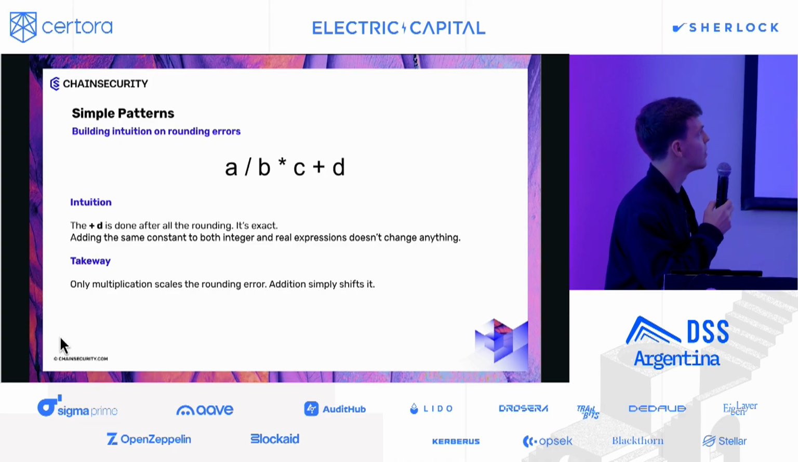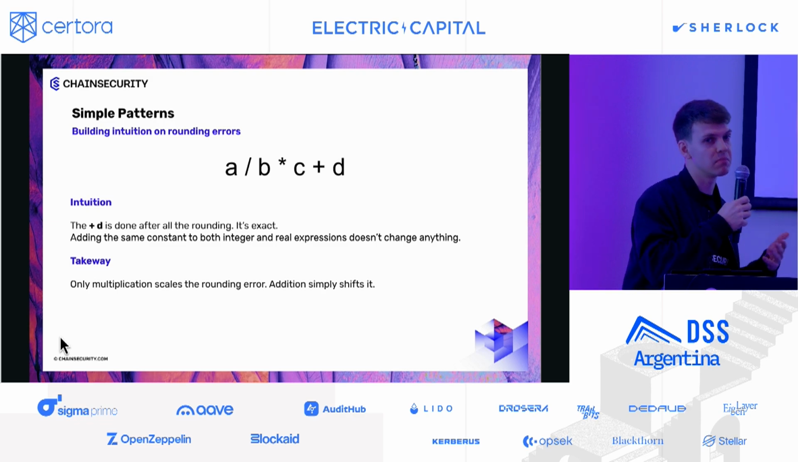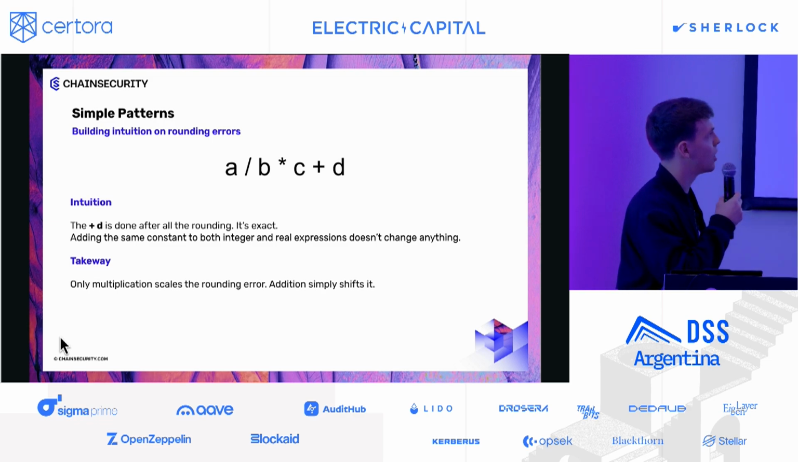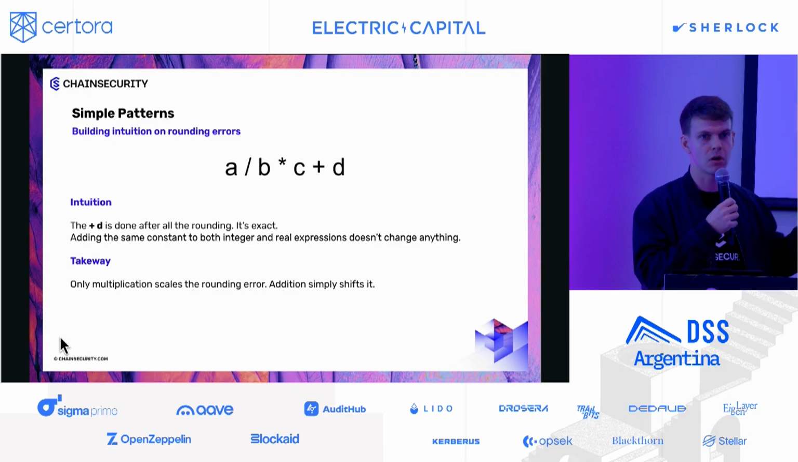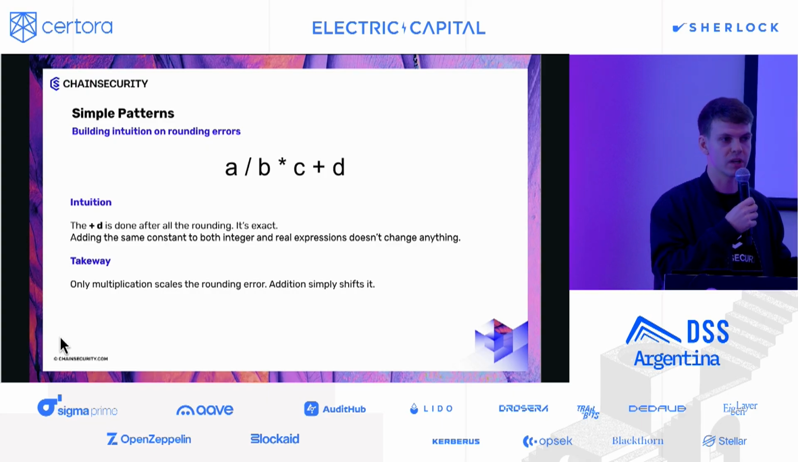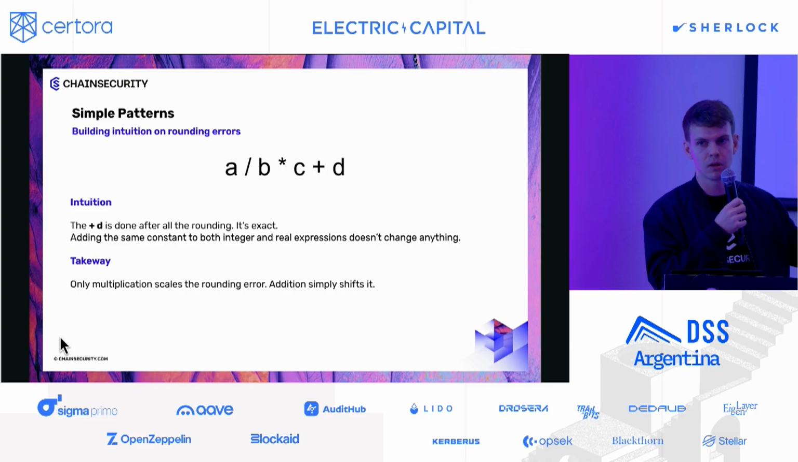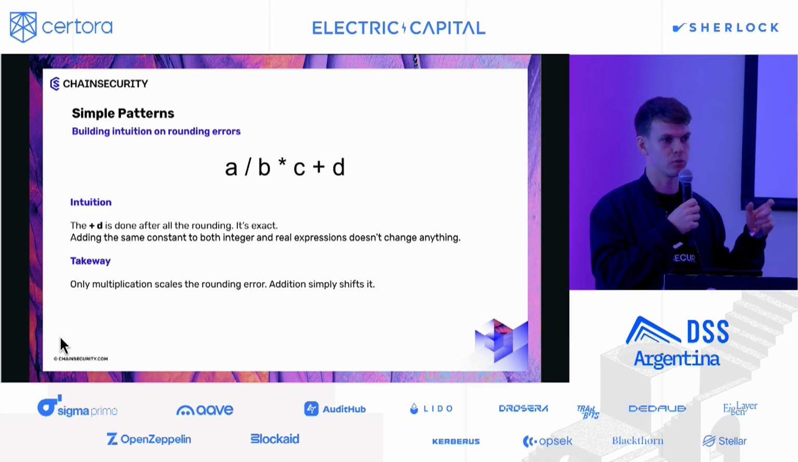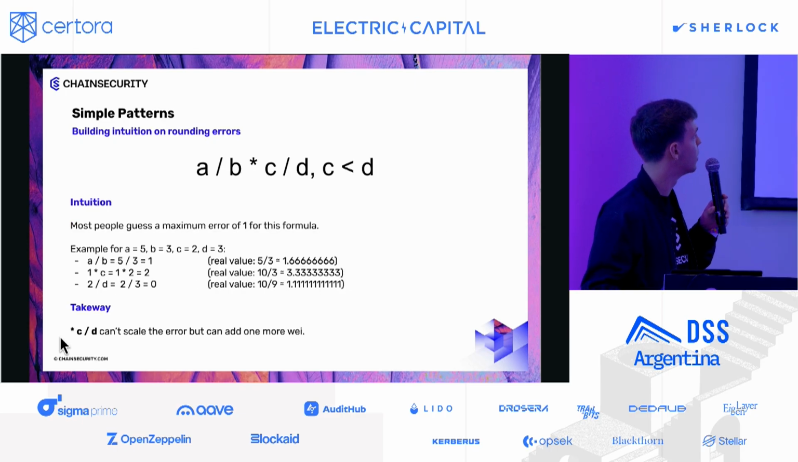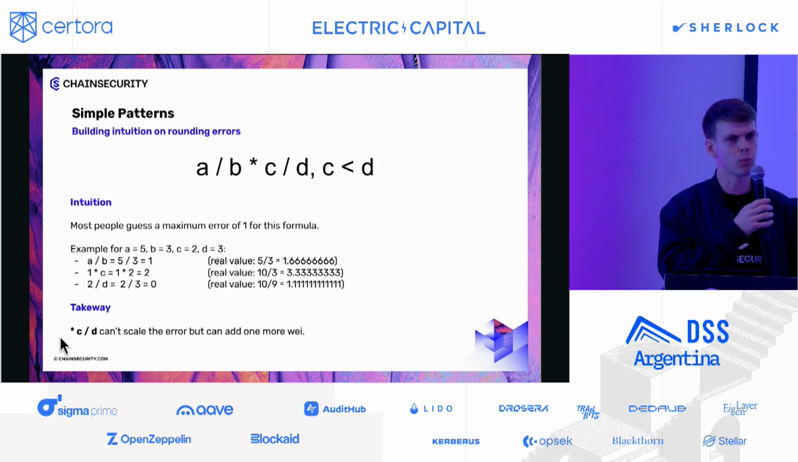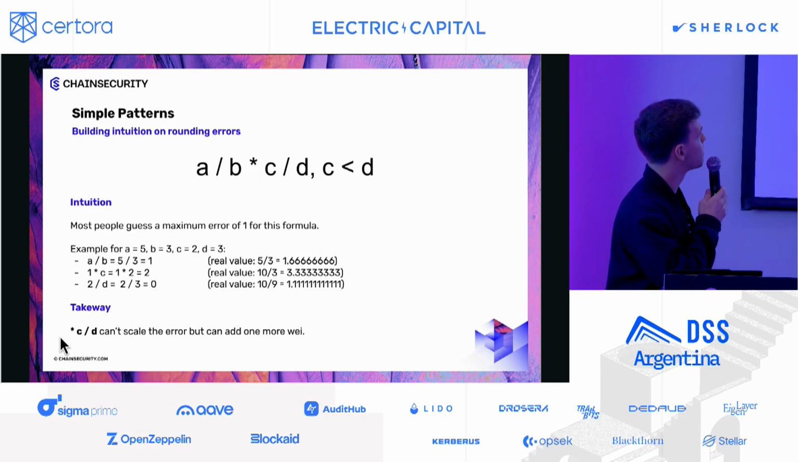We could try to guess if it does anything. It actually doesn't. So if we add stuff and everything, we don't actually change. It's not going to amplify the rounding error. It's just going to shift it a bit, but it's really multiplication and division we should be careful about in these rounding errors. So now, one which is a bit more complex,